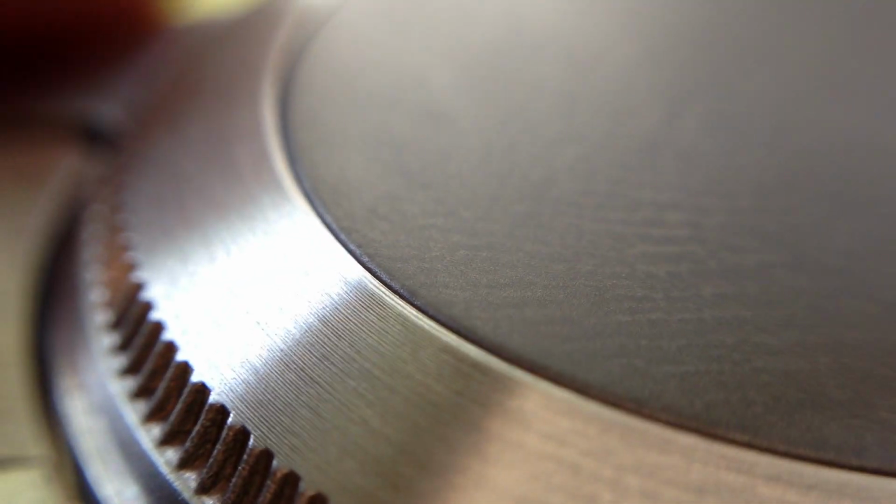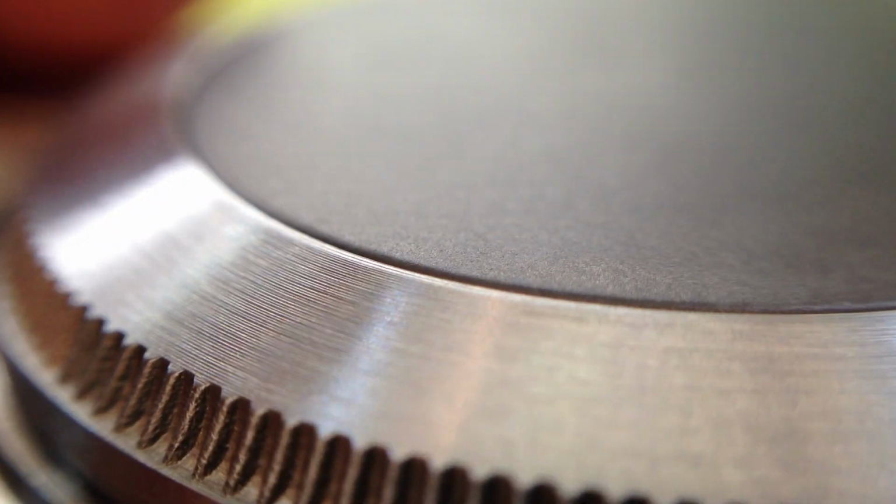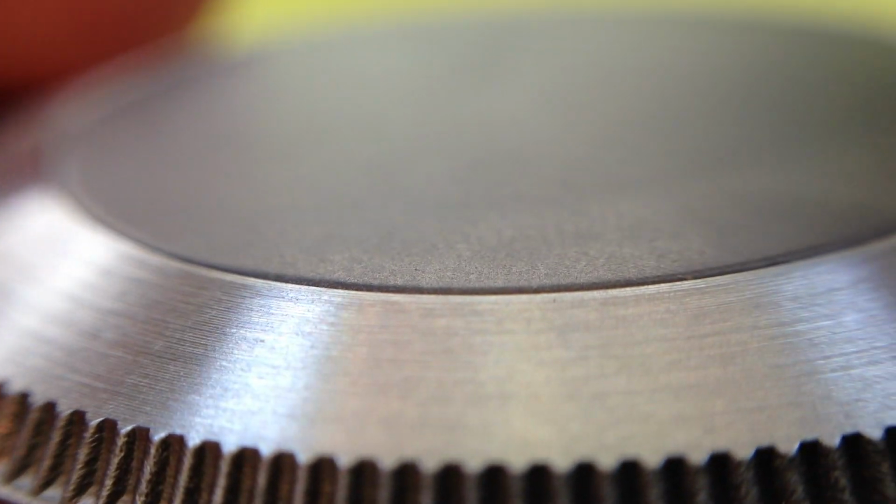And if I show you the matte finish of the case back as well, again with my fingerprints on. Case back is very, very nicely machined, you see that? Good finishing on that. Okay, so let's have a look at